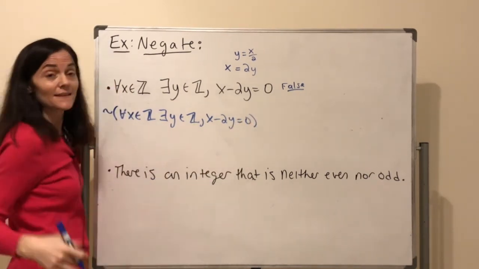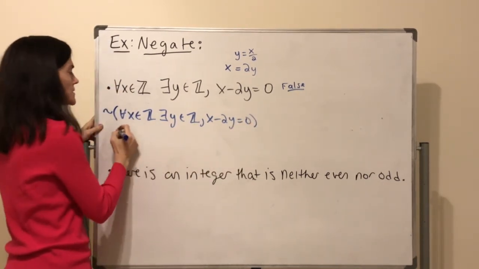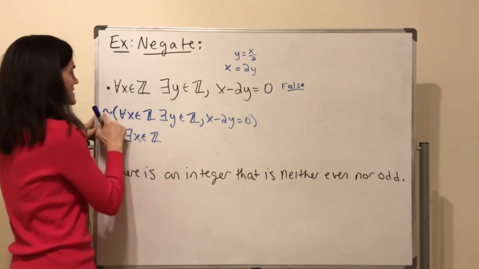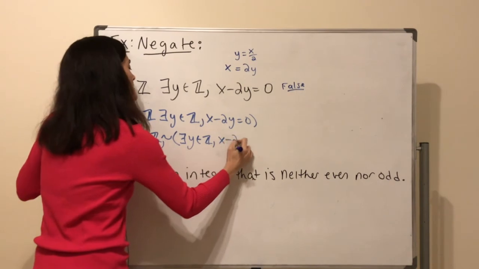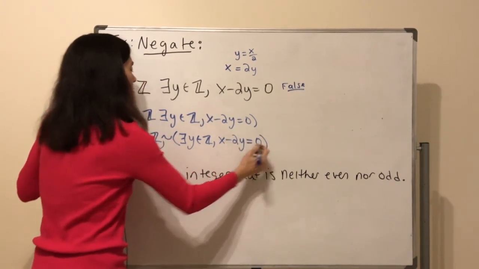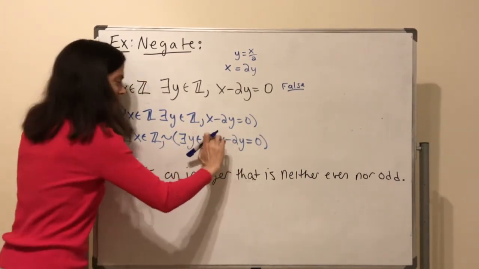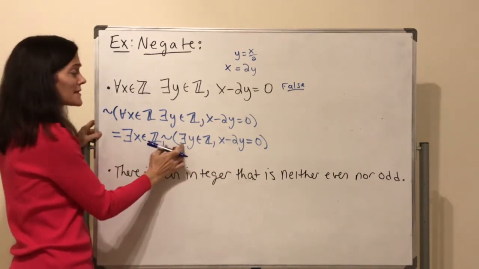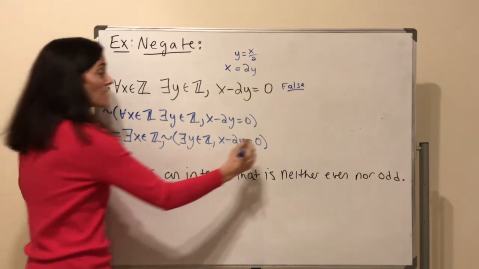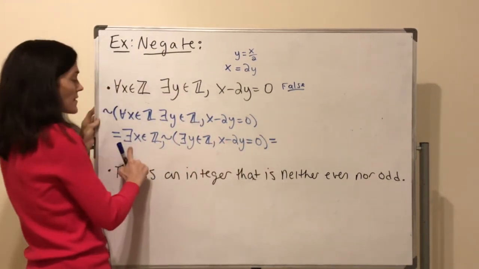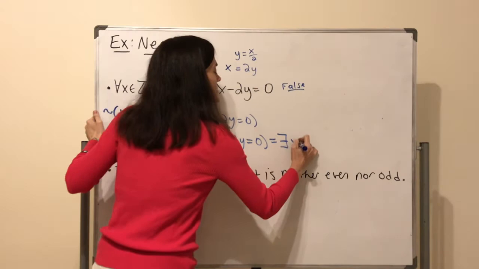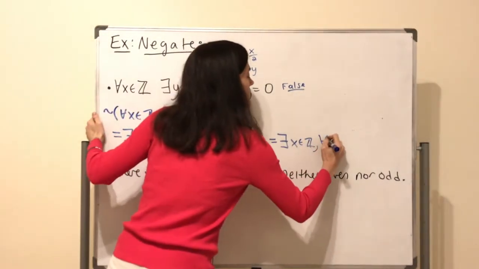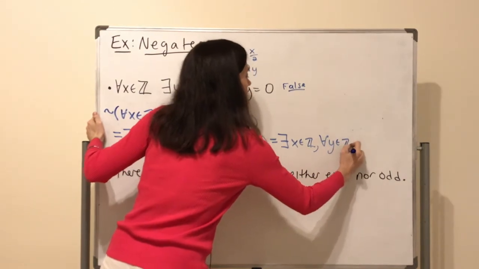Again, we have these nested quantifiers. I'll do this in 2 steps. First, this becomes a there exists. Then I move the not in one more step, and this there exists turns into a for all. So I have there exists x and z such that for all y and z,